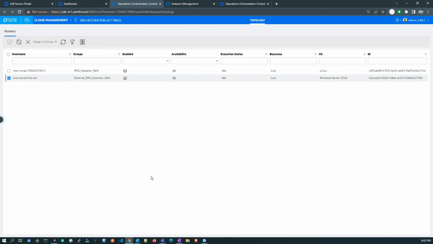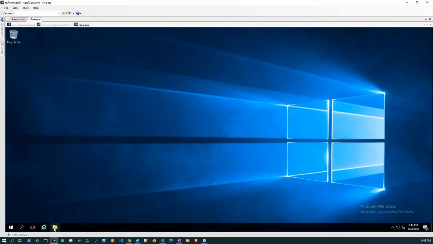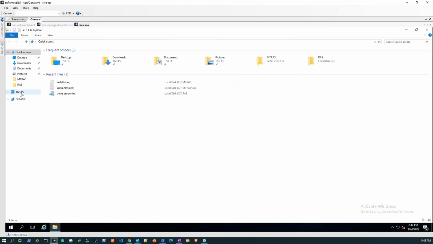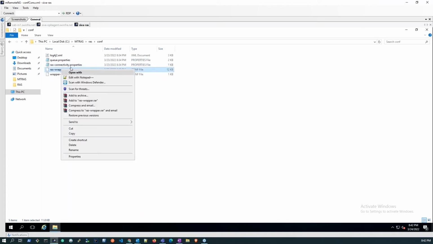Now let me go back to the RAS server system and explain the backend, how it has been set up. Let me open the target server. In this example, I have used a Windows-based RAS server. By default, the RAS is installed in the target directly wherever we are targeting. Here we have the configurations as well as the logs available inside the RAS. This is the configuration that is available here. So the RAS, we can use the